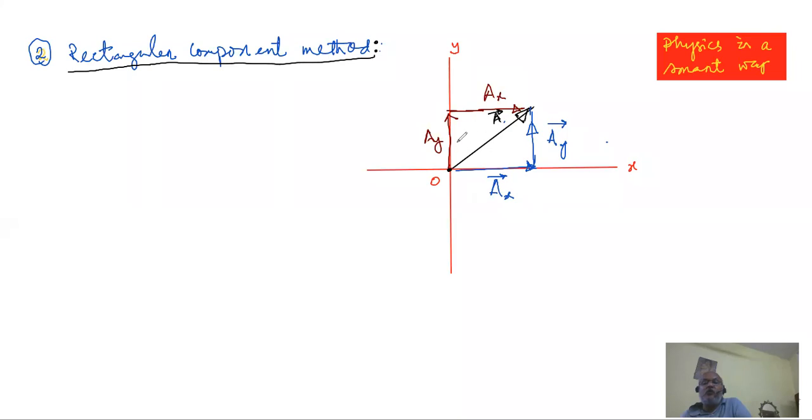So anywhere you go, but you do not draw two triangles simultaneously. That will be wastage of effort. Either you show this triangle or you show this triangle. Here this is AX, that is AX. Here this is AY, that also is AY. So it doesn't matter in which direction you start first. We have to show that vector A is broken down into two components. One is the X component, or component which is parallel to X, and the other is the Y component, the component which is parallel to Y. So AX plus AY, they are equal to A.